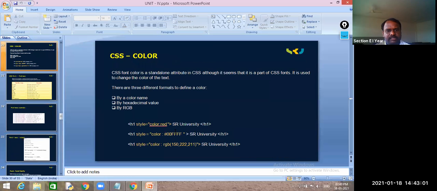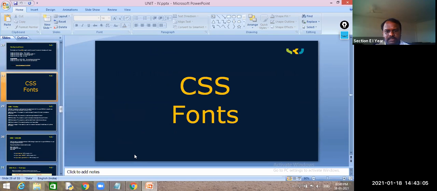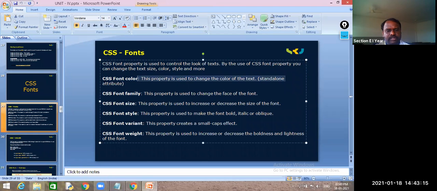These are the font styles, font attributes. To change the color of your font, we go for font color. To change the style of your font, we go for font family. To increase the size of your text, you go for font size.